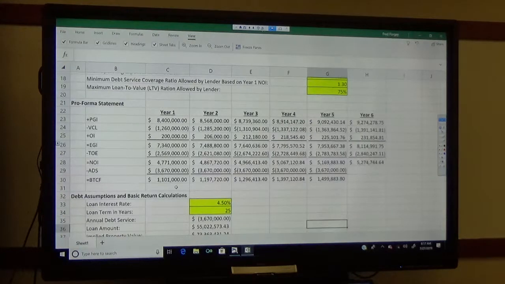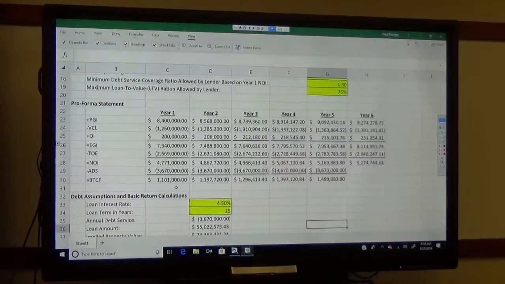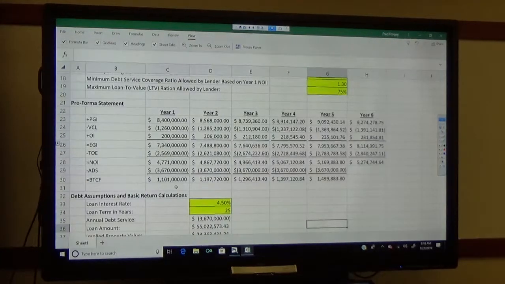So if that's the case, let's take a look at what if they become even more restrictive and say you've got to have a 1.5 debt service coverage ratio. 4,771 divided by 1.5. So what does this mean? That means the amount that you're going to owe them is less, but it's also basically saying they perceive this project or this project type to be really risky, and they don't trust your cash flows to be that high, so they want to build an even bigger sort of cushion, in this case